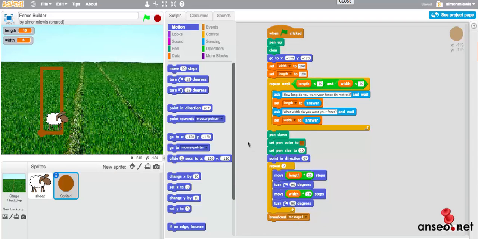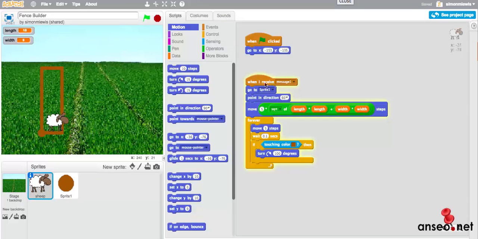So it went up and turned 90 degrees. It turned 90 degrees into the length and turned 90 degrees into the width. And the sheep, what happened then is it broadcast that message. The sheep went here, received the message. The sheep moved here. It moved 60 degrees, and now it's hanging around